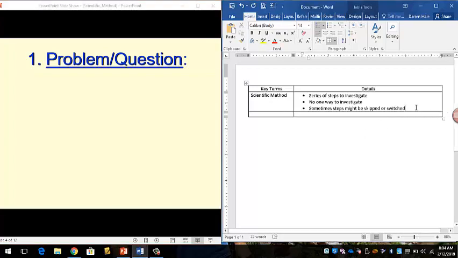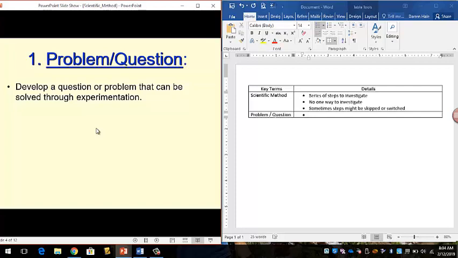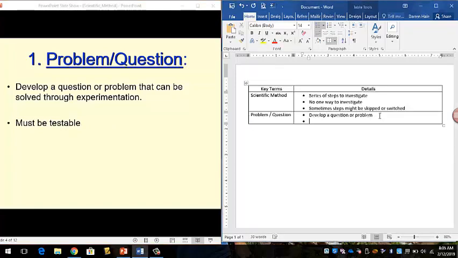So I hit my tab key, go over to here, and type in problem / question. Give myself another bullet point. And every investigation starts with a question or a problem that can be solved through experimentation. Okay. So my first step is going to be to develop a question or problem. Okay. And here's the big thing, the question or the problem must be testable. So it's not like any single problem